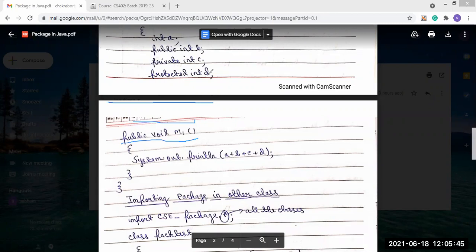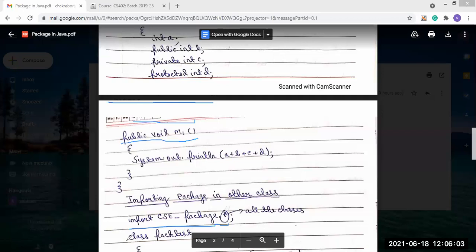So first we have to import the package which we created. Whatever package we created, CSC underscore package, we will import in the new class we are creating here.